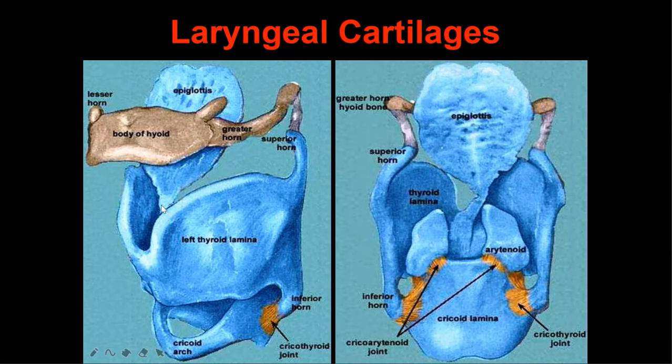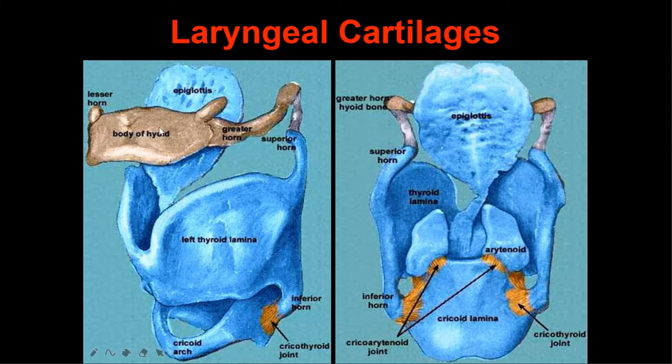and attaches to the thyroid cartilage by the thyroepiglottic ligament. Thyroepiglottic, hyoepiglottic ligament. By comparison with the hyoepiglottic ligament, the epiglottis is divided into suprahyoid and infrahyoid epiglottis. The part of the epiglottis above the level of the hyoepiglottic ligament is the suprahyoid epiglottis, and the rest is the infrahyoid epiglottis.